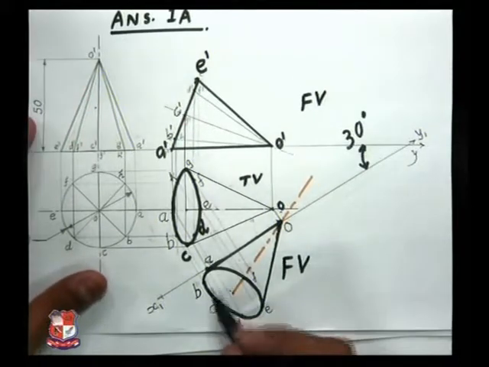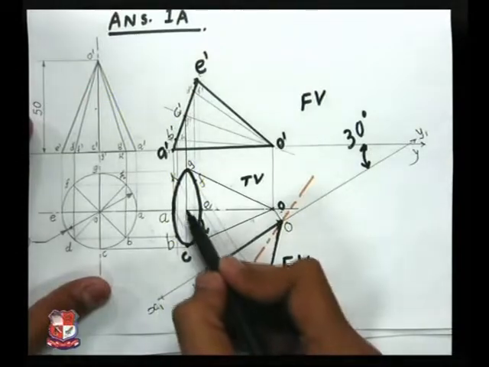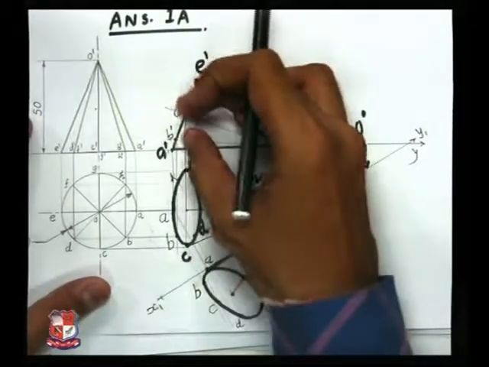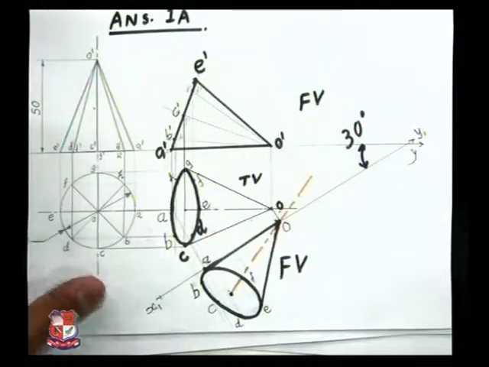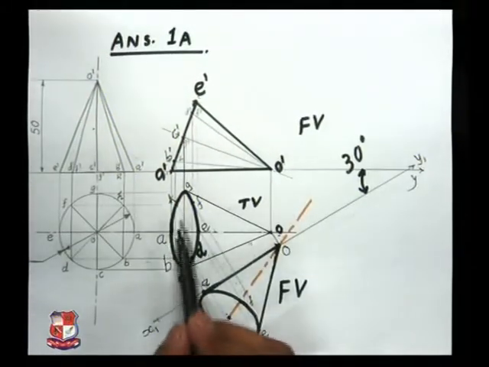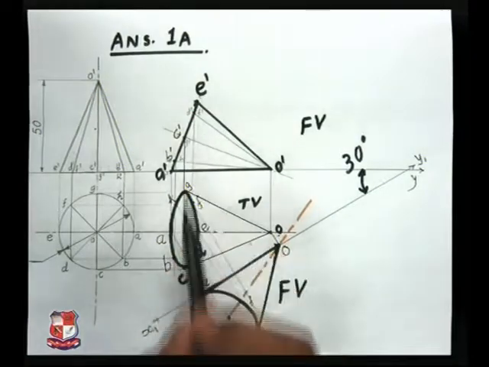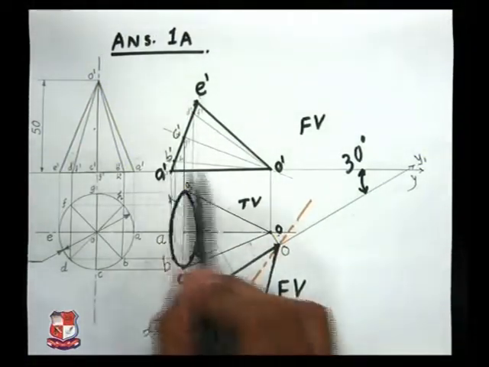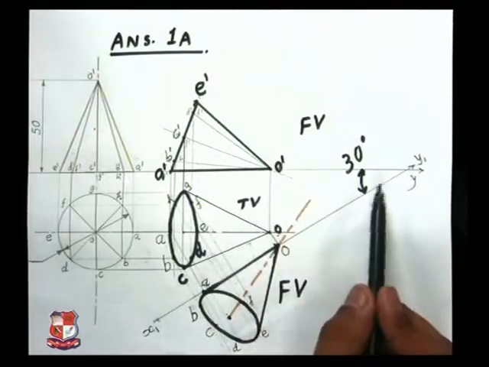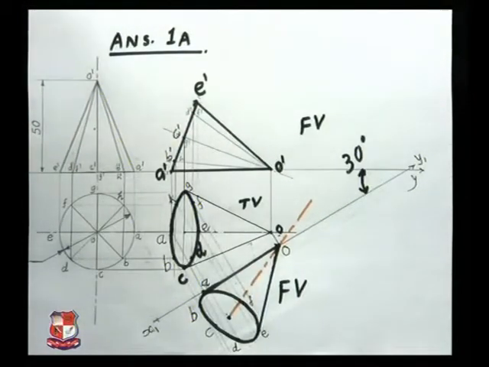So this is the answer of the given solution. How to find out this midpoint? For that, from this midpoint, draw a line, measure this distance, and cut an arc over here, that is the midpoint. So in this condition, the cone is lying on one of its generators, in its front view and top view, and the generator on which it lies makes an angle of 30 degrees with XY line or with the vertical plane, that is drawn over here.